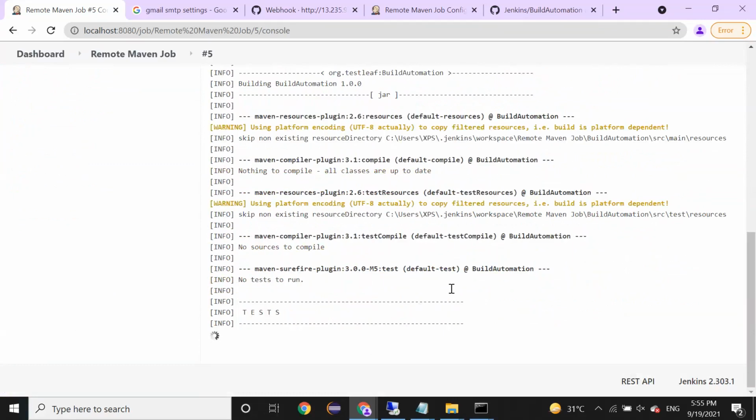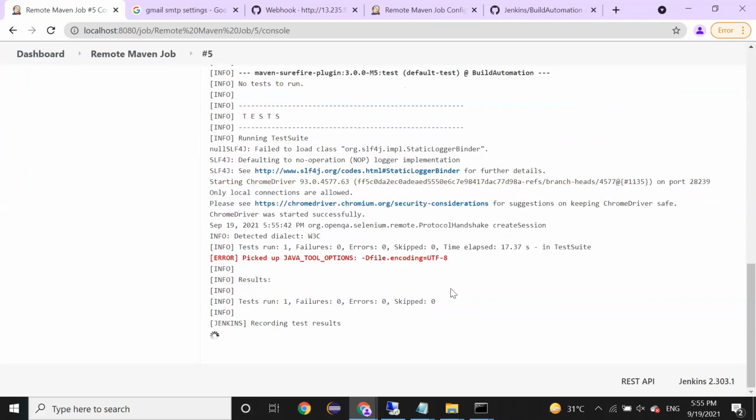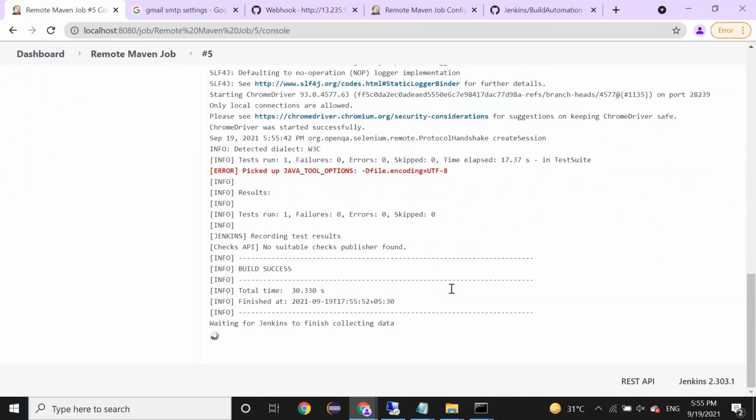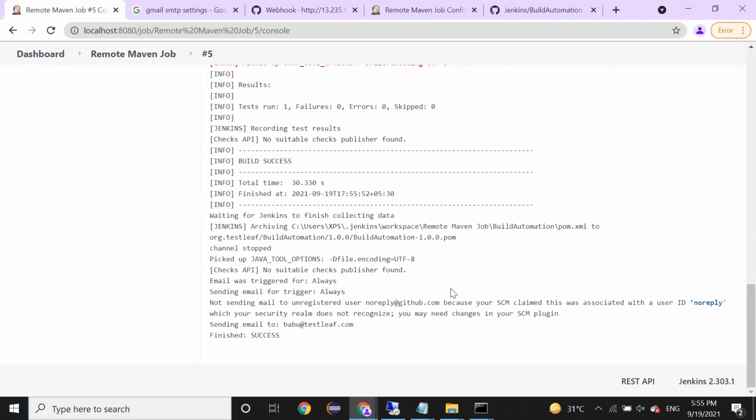So this is going to run some Selenium tests, and then finally it's going to do that. Now the build is successful because all tests are done successfully, compile done. Next, install should happen, right? And then all good. Now it's supposed to send the email. Sending email and